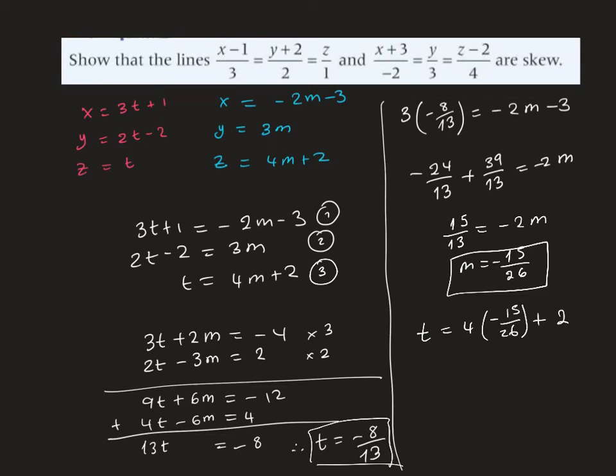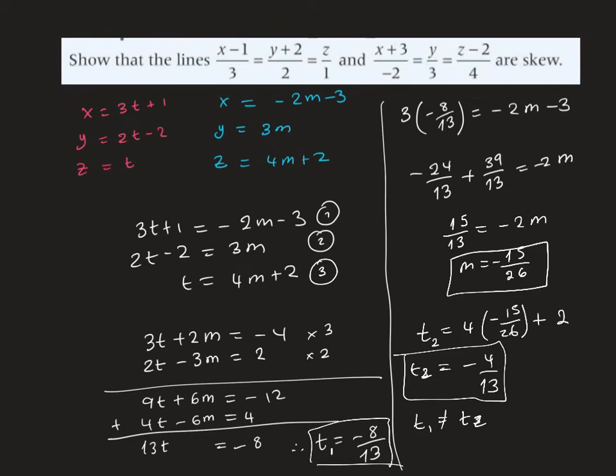So I'm just going to calculate that using my calculator. 4 times minus 15 divided by 26 and then add 2. The answer is t is minus 4 over 13. So basically we got t1, but we also got t2 from the third equation. And since t1 is different from t2,